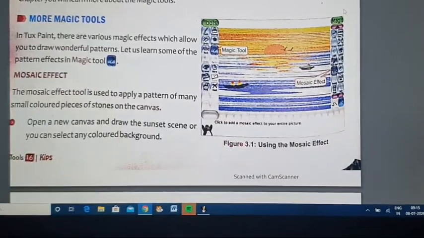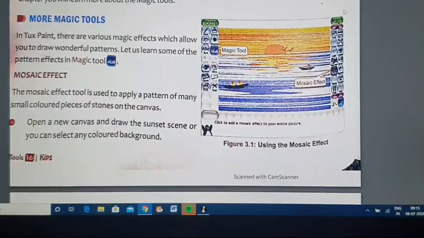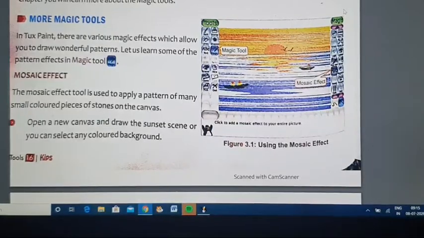The first tool we are going to learn today is the mosaic effect. Now what is that mosaic effect? अगर हम mosaic के meaning की बात करें तो mosaic is a combination of small colored pieces of stones or glasses on the canvas or on the drawing area.